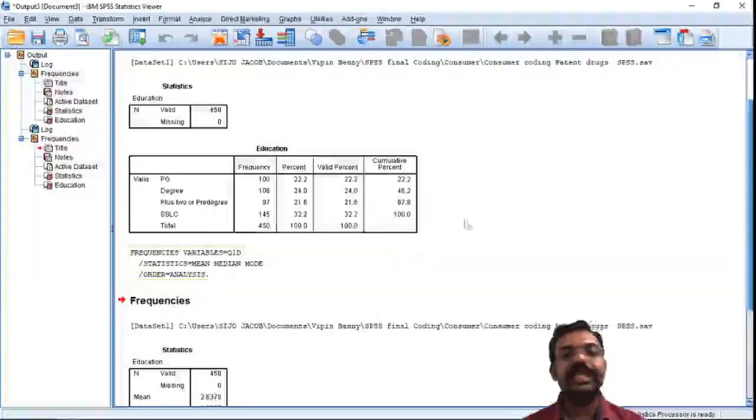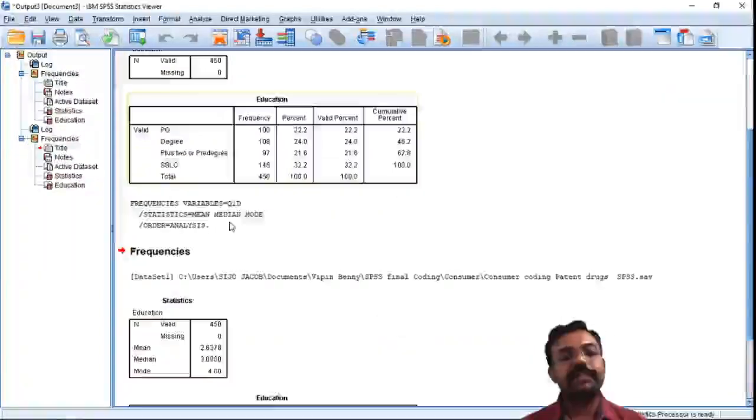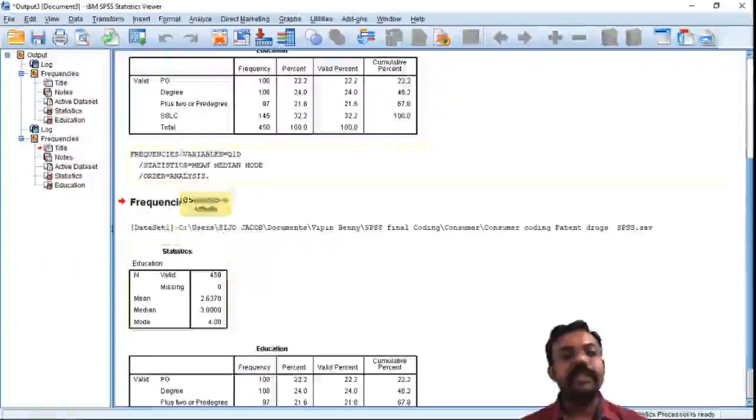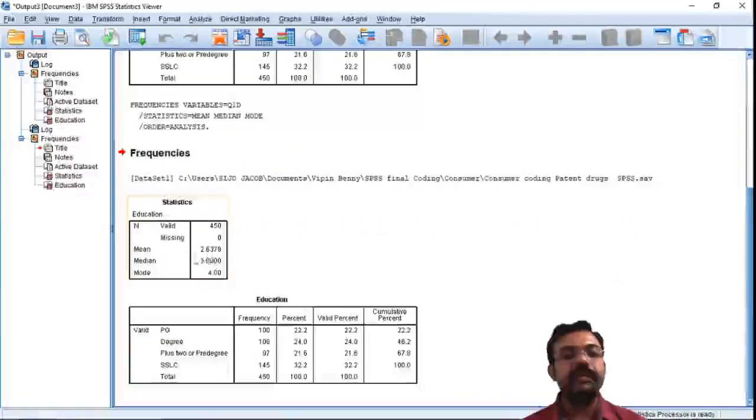It's a distributional data available. And after that, we want to find out the central tendency of the education. So education is one of the important variables here: the mean, median, mode. Then the mean of the education, this is